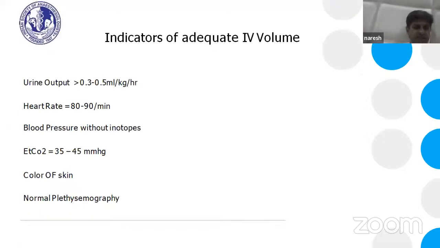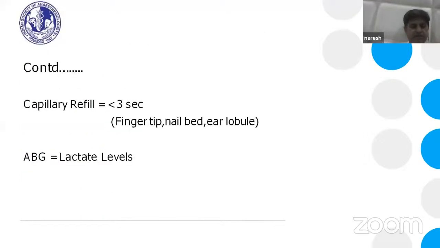Then other physical parameters, though the patient is under drapes, you can still pick up the drapes. You can see the color of the skin. You can see the graphical representation of your parameters. Then in the pediatric age group, if it is feasible, you can see the capillary filling time. You can check it over the fingertips, nail bed, or ear lobules. That will give you an idea in the operation room whether your capillary filling time is prolonged or normal. So it is the collective approach which should be followed for decision making